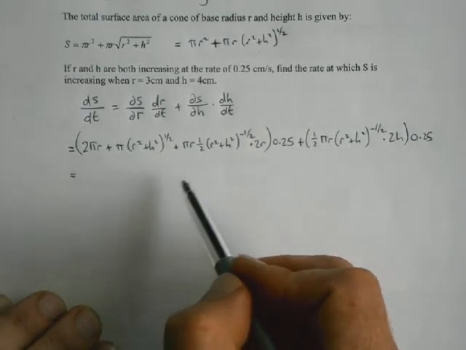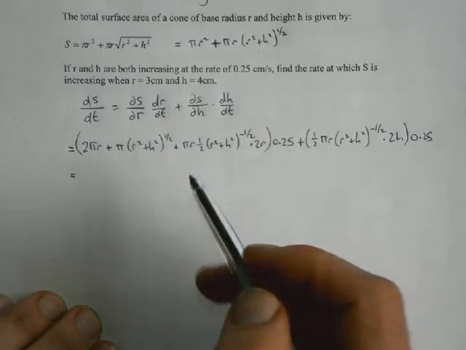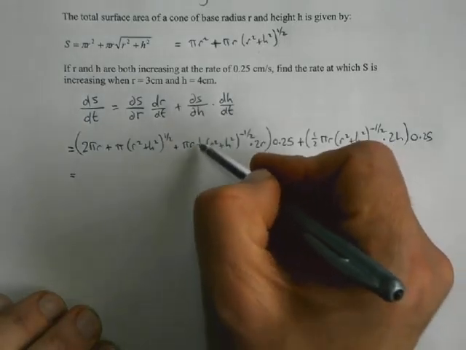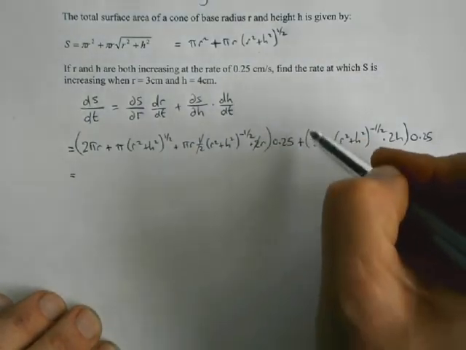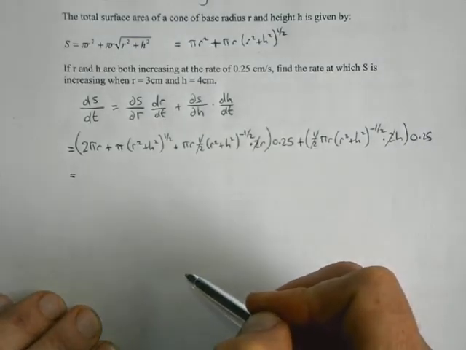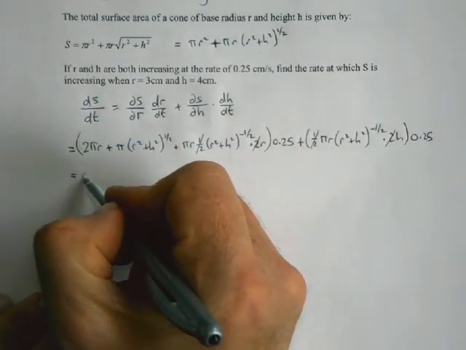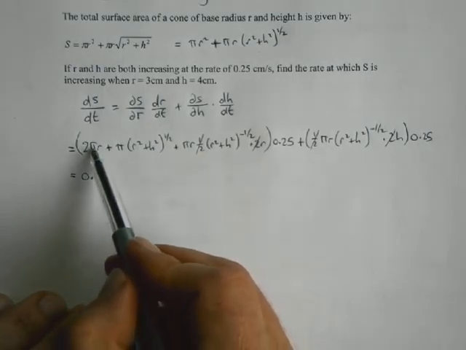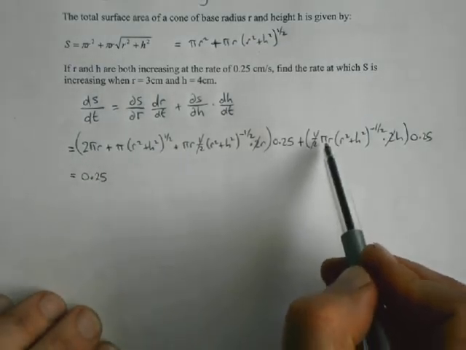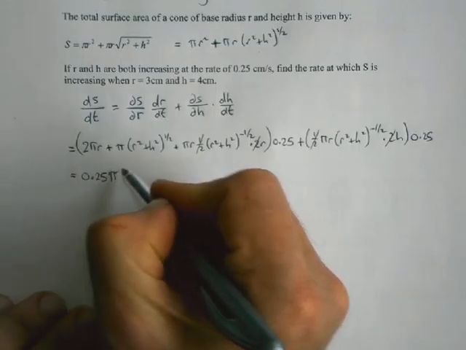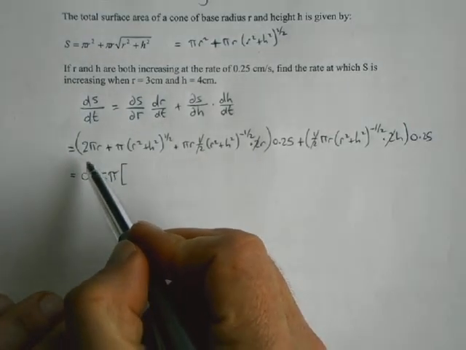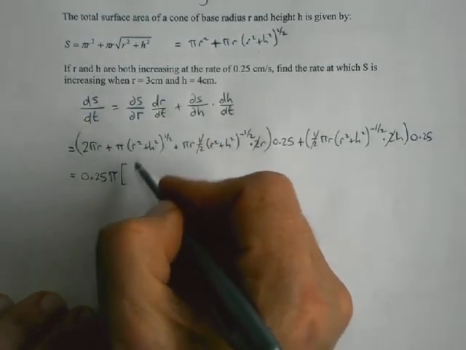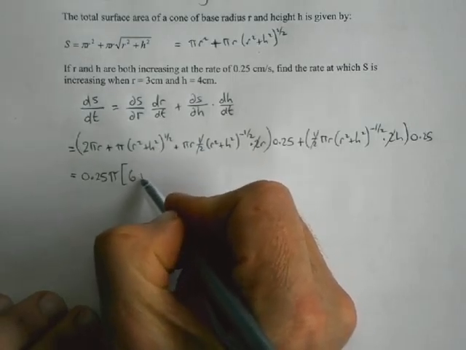So now really it's just a matter of substituting in the values for R and H and using the calculator to see if we can cancel anything out. So that half and that 2 can go out, that half and that 2 can go out, the 0.25 we might as well take out the front. If we've got a pi everywhere, pi, yep, so it's 0.25 pi out the front, and what are we left with? 2R is 6,